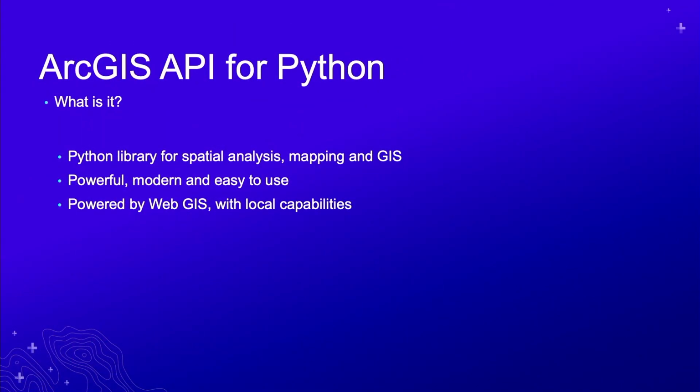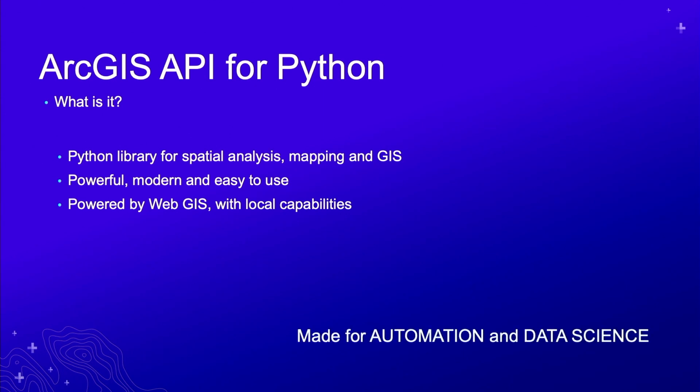So we're just going to give a brief background about what the Python API is. The Python API is a Python library for spatial analysis, mapping, and GIS. It's a powerful, modern, easy-to-use Python library that connects to your WebGIS, but also has different local capabilities. Python API is made for automation, for data science, for GIS administration. Basically, if ever you want to connect to your WebGIS through code, through Python specifically, you would want to use